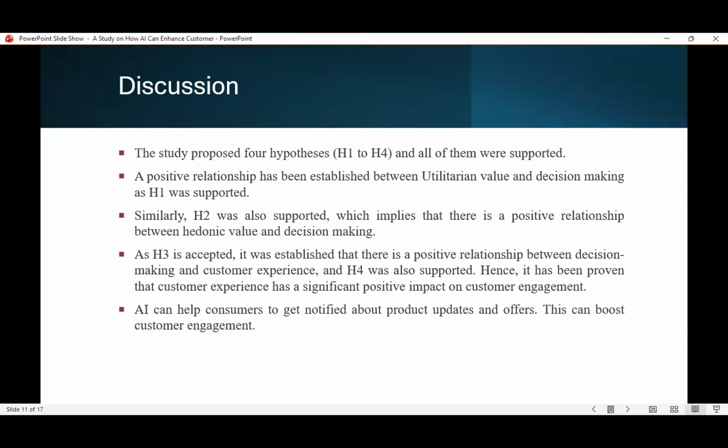The study shows, or I would say acknowledges, the importance of utilitarian and hedonic value in consumer decision making. Moreover, it also emphasizes the decision making process because AI was involved in it. Now, how, if you can ask, the AI technology enhances customer interaction with the brand by creating personalized engagement points